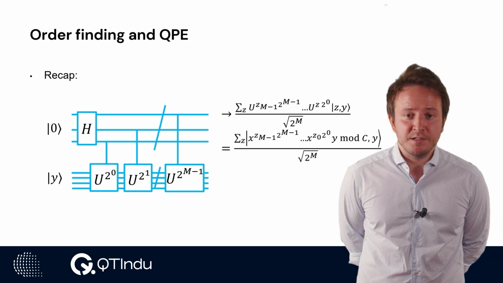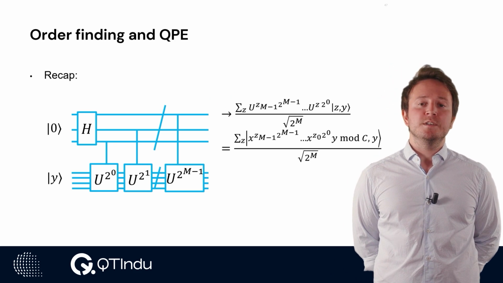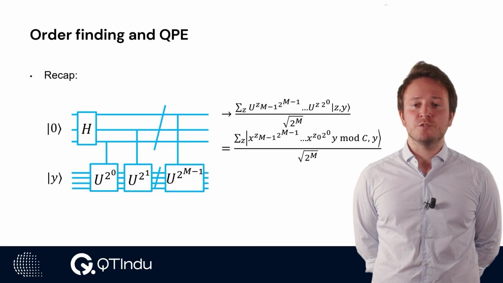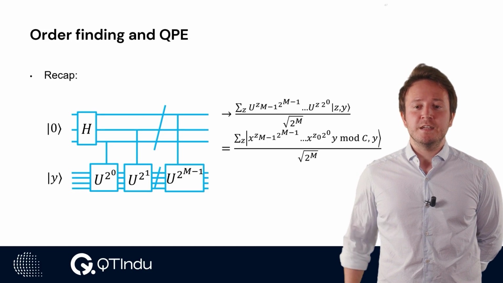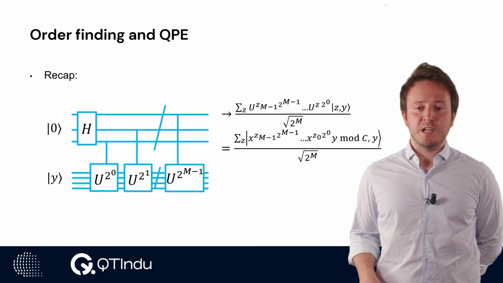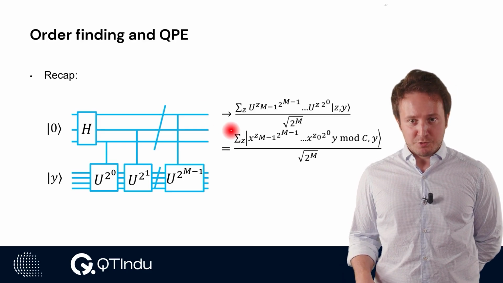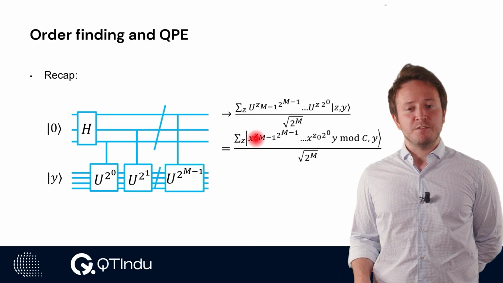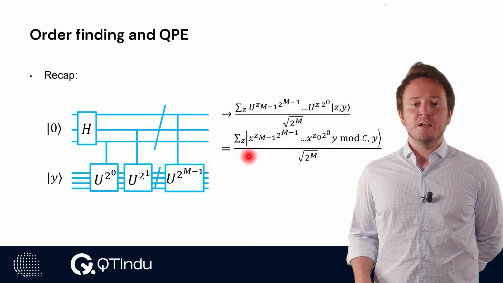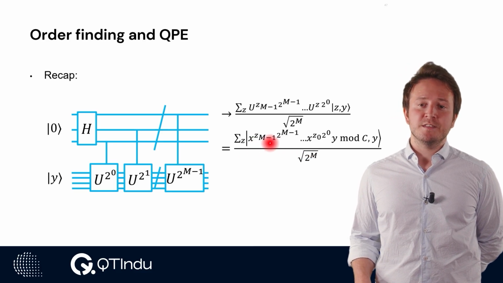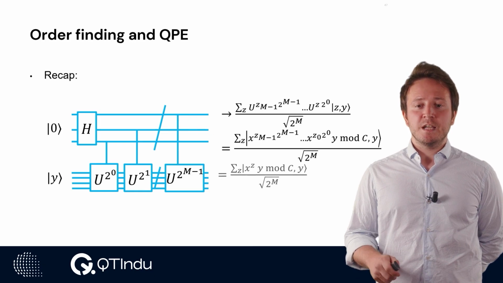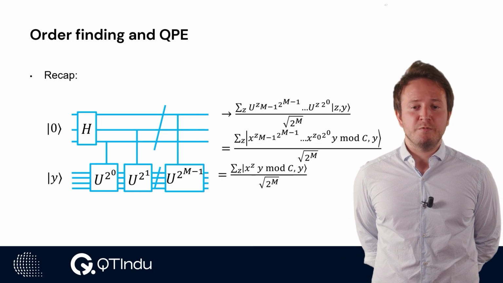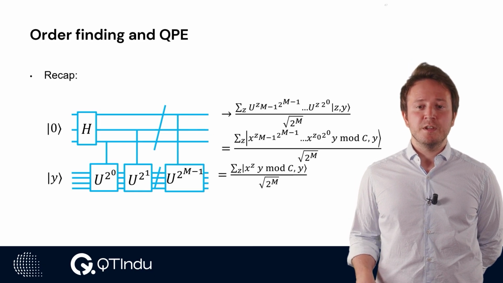Now, more explicitly, taking into account the actual action of the unitary that we use here, what we have is a state that looks like this. Now, this seems a very complex state, but one can recognize that the register in this state can be very nicely rewritten into